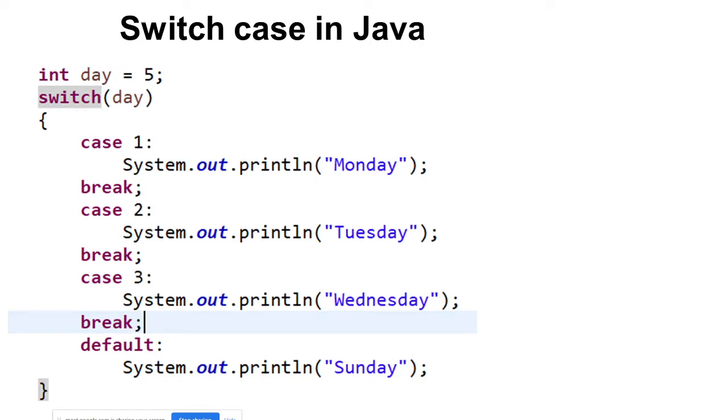So this is a very famous program, everybody uses this, I am also using this. I have declared a variable here, int day is equal to 5. I will show you multiple situations that come up in this switch case. And after explaining this, I will pick any one of you and ask you what the output will be. Once I jump to Eclipse, so please pay attention.